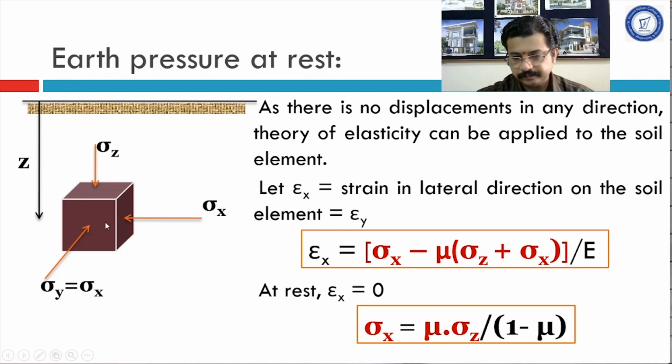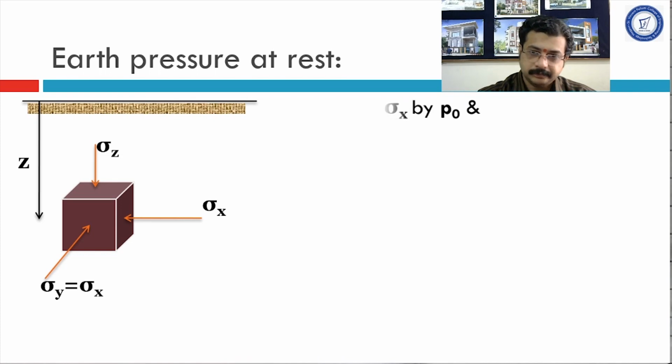Okay, so this way we have derived an equation for this horizontal stress acting on a soil element considered at a depth z. Since this stress is acting laterally, horizontally, can we not replace it by a pressure which is acting laterally or horizontally? Yes, we can. Second thing, mu divided by 1 minus mu is a dimensionless parameter. This can also be replaced by some other factor. We will see which is that factor.